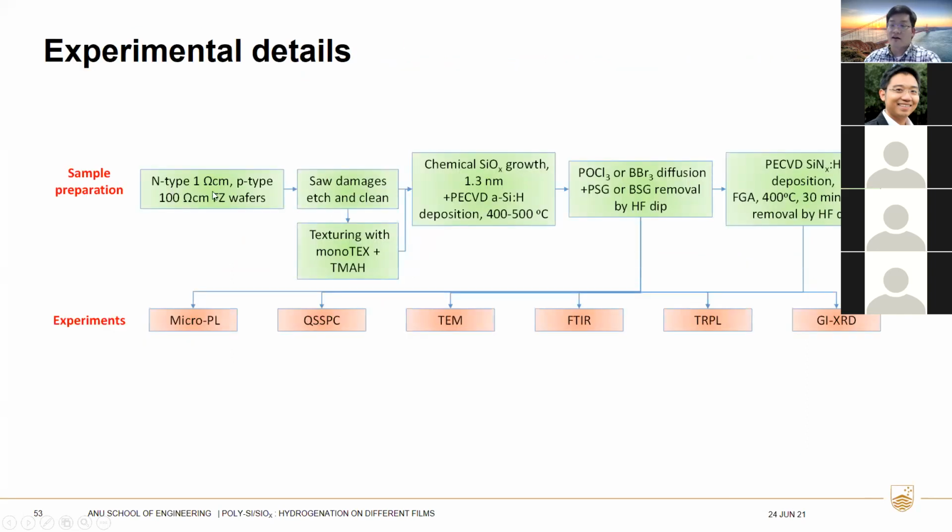We use n-type 1 ohm-centimeter wafers, also p-type, like different substrate types, different substrate resistivity, and we also deposit the silicon film at different temperatures. For the diffusion, we use boron and phosphorus diffusions, and for hydrogenation, we use silicon nitride and forming gas anneal in combination with different